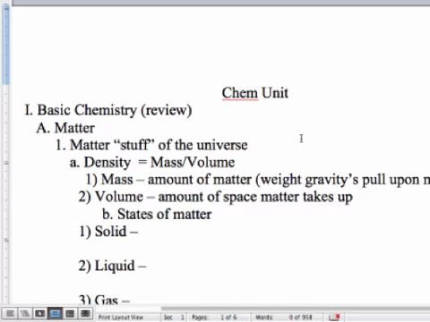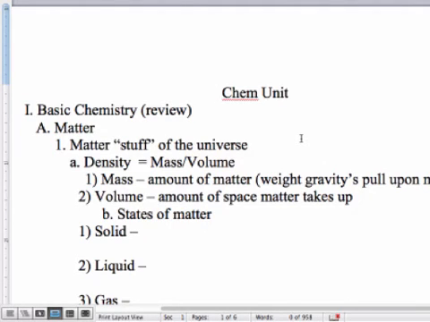So, for example, if we were able to take a rocket ship and shoot you to the moon really quickly, whatever you weighed on Earth, you would weigh 1/6 of that on the moon, because the moon has 1/6 of the Earth's gravity. So, even though you would have the same amount of mass, you would have a very drastic weight loss. Volume is the amount of space that matter takes up. And when we're measuring density, it's a good indicator of how much mass you have in a unit of space. That's really what it's taking a look at.